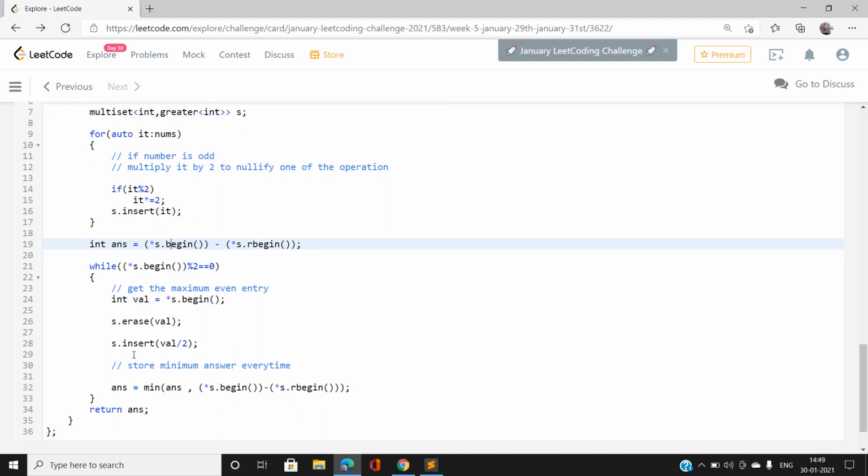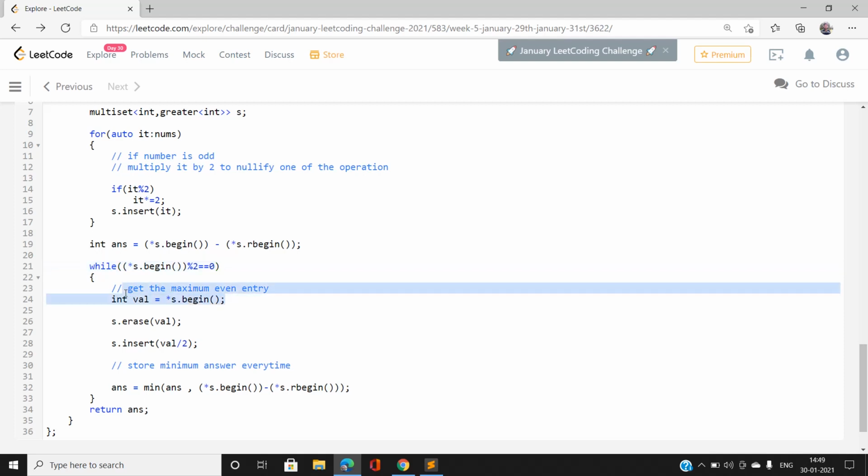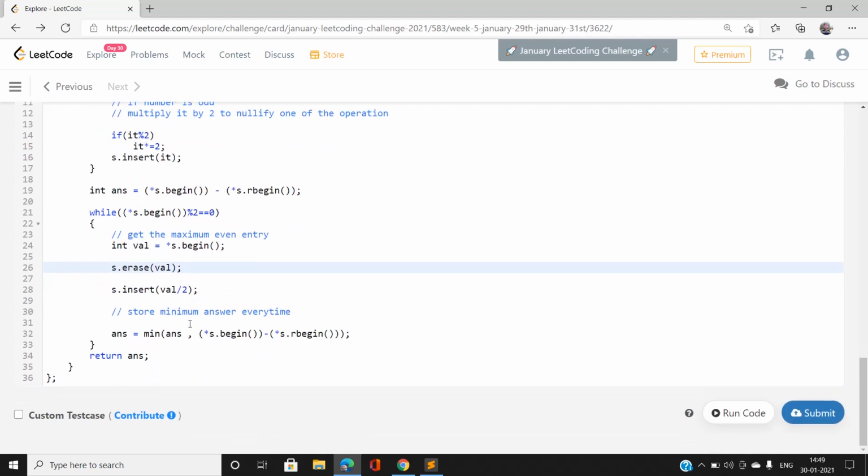is even. So I'm going to loop until the maximum element is even. Each time I'm going to pop out the entry, as you already know that this entry is even, so I'm going to erase that entry from the multiset.